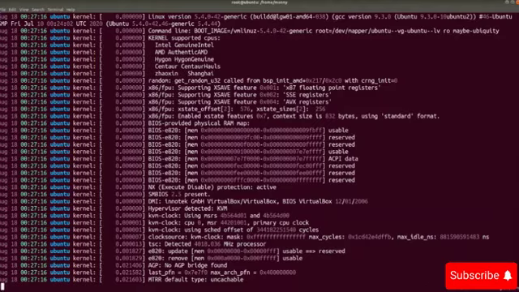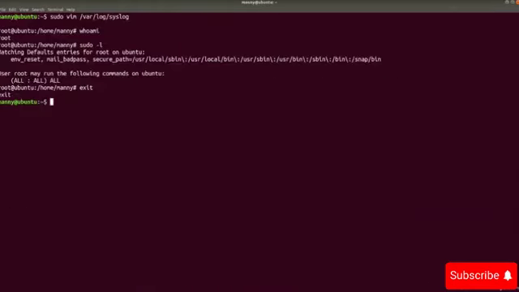Let's do colon Q to get out of here. Clear this up. So now I'm going to show you another way that you can get a shell by using Vim, and the way that you can do that is by using sudo vim again, and you don't really have to open anything. You can just do the exclamation and sh,